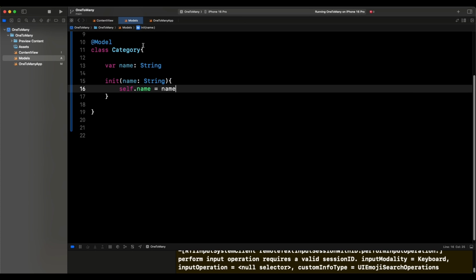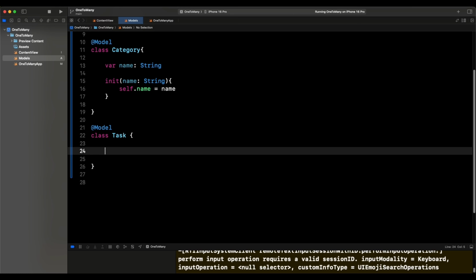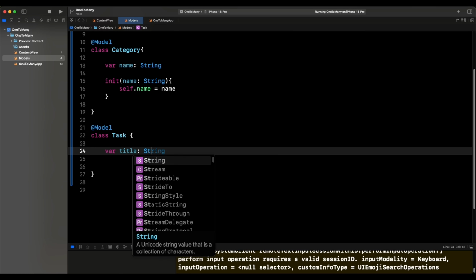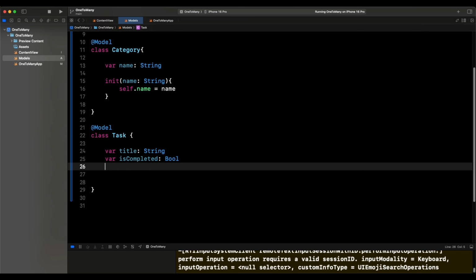Now the next thing we need to do, we're going to come back to Category in a bit, but first let's create the tasks. This is going to be a class called Task. You come here, and the macro in question is going to be @Model. Then we're going to have a couple of things. We're going to have var title, which is of type String. Then you're going to have var isCompleted, which is a Bool. Then we're going to have var